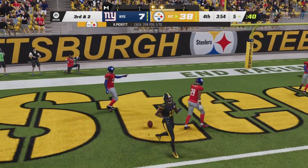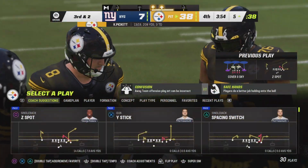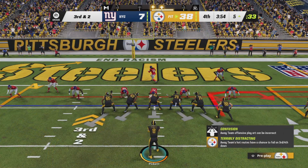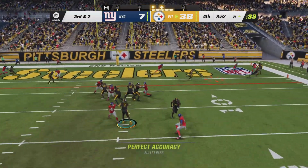To the goal line, but it's incomplete. Well, they're up comfortably here, Charles, but that lead is certainly not dissuading them from pressing the envelope late. I mean, if anything, with these passes, it's like they're...